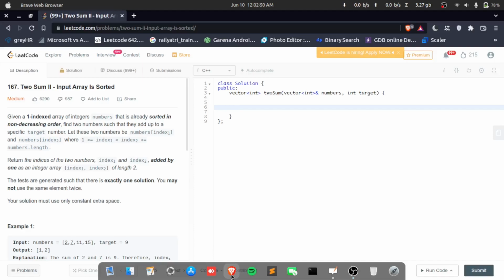Hello, my name is Kaushik and today I'm trying to solve this June LeetCode challenge problem, that is Two Sum II, where the input array is sorted. So the problem is that